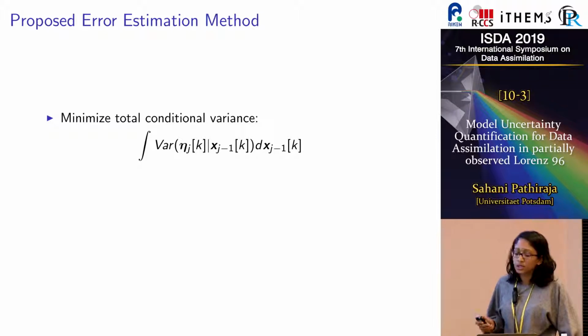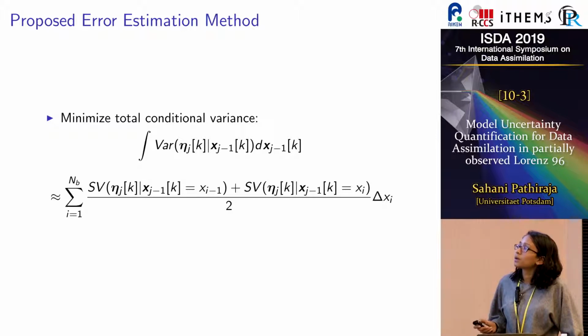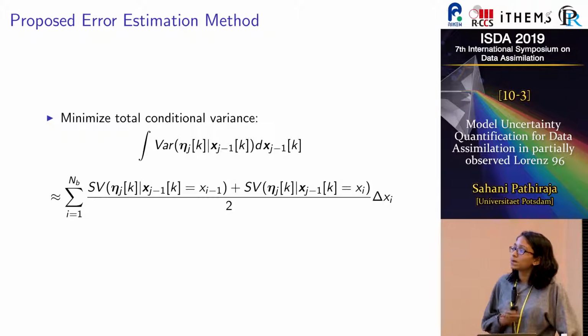So practically speaking, we estimate this via a simple numerical integration, the trapezoidal rule, because in this scenario, we're dealing with essentially 1D response variables. So we partition the covariate space, which can be higher than 1D, and then essentially calculate the sample variance in each of these bins of the etas. So here we really focus on the variance rather than the full covariance matrix, because we're assuming that these etas, the elements of the eta vector, are conditionally independent given the state.